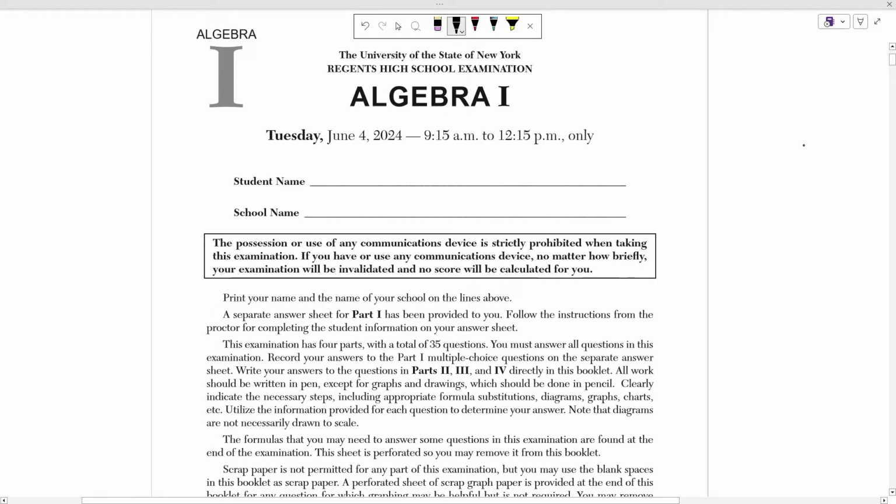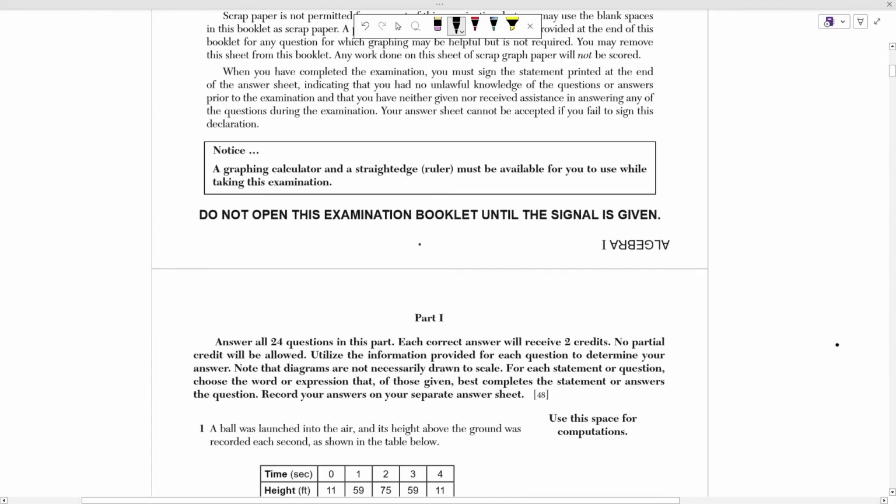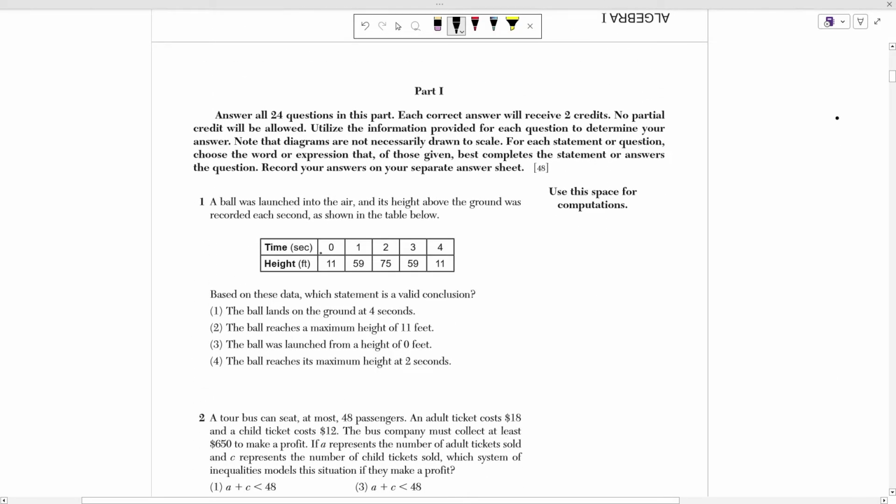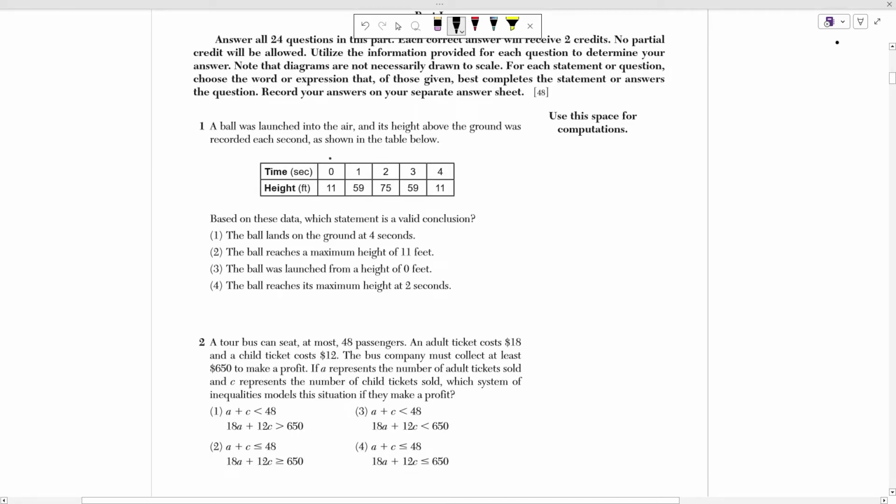Hello everyone, today we're going to be going over the June 2024 Algebra 1 Regents exam. Today we're only looking at Part 1, which is numbers 1 through 24, and they are all multiple choice questions. So we're going to start off with number 1, and it says that a ball was launched